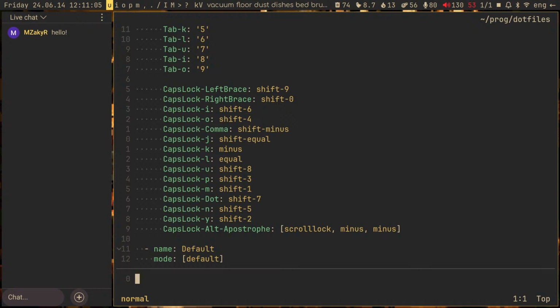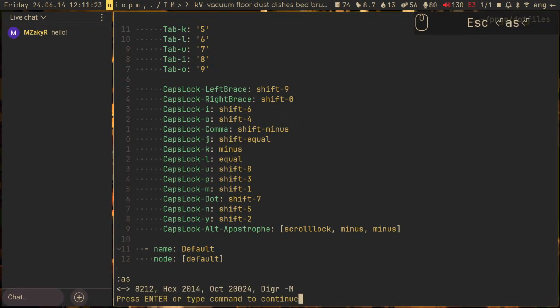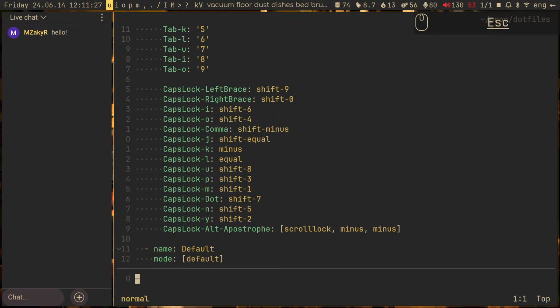And then as a bonus, this is a nice little addition, caps alt apostrophe is long dash, the one which Unicode is 2014. Blammo. So yeah, long dash, because I use it very often in my